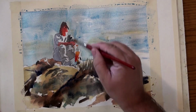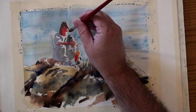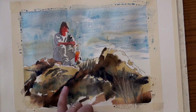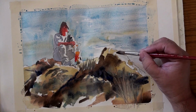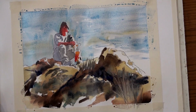All right, I'm going to let a little bit of this dry a little bit more. While that's drying, I'm going to turn my attention back to the rocks. There's just a couple of additional little details I want to put in here. And with the round brush, it's a little easier than with the flat brush. So that's just some of the, let's see, mix